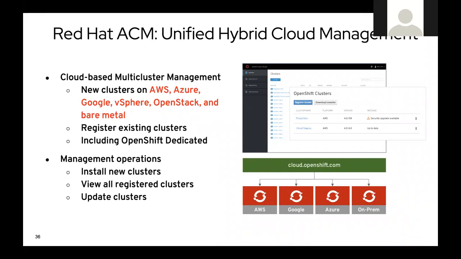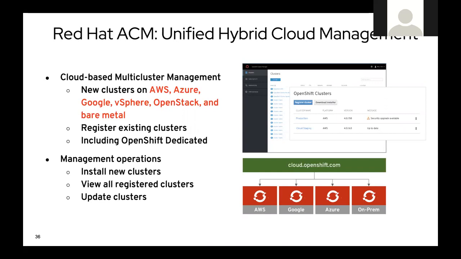So this is why we are bringing Red Hat ACM, and it's the new way of managing multiple Kubernetes deployments utilizing a single pane of glass management. So from here, you are able to build the new clusters on AWS, on Azure, on Google, on vSphere, on OpenStack, or on bare metal, right? And it can manage Red Hat OpenShift and native Kubernetes services. Okay, so you are able to build, manage, and operate all of these, and you can install new clusters, manage the lifecycle of existing clusters, monitor them, report back, and update them all from a single pane of glass.